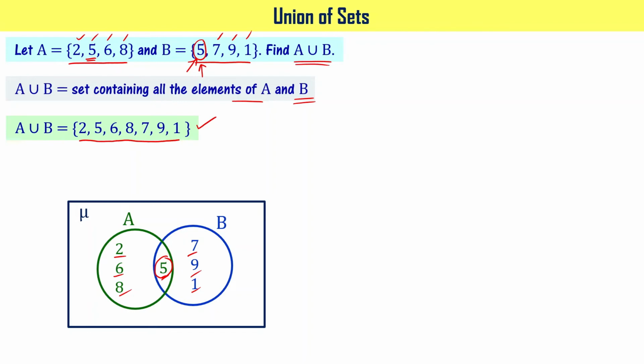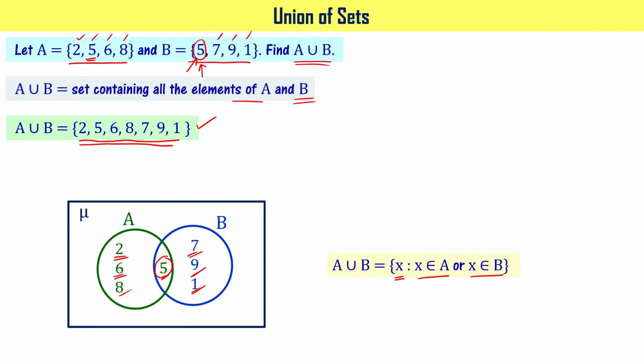By looking at it, you can say what are common elements, what are elements only special to A, and what are the elements only special to B. All that you can get when you look at the Venn diagrams, right? But A union B is having all these elements that are part of A and that are part of B also, right? So in set builder form, A union B can be written as it is a set of elements X such that X belongs to A or X belongs to B.